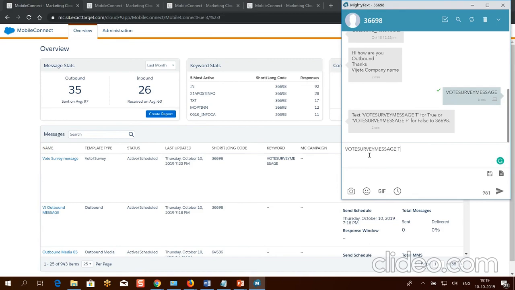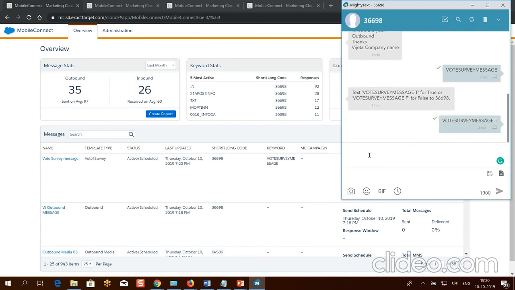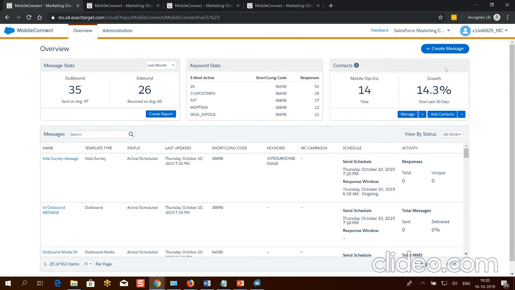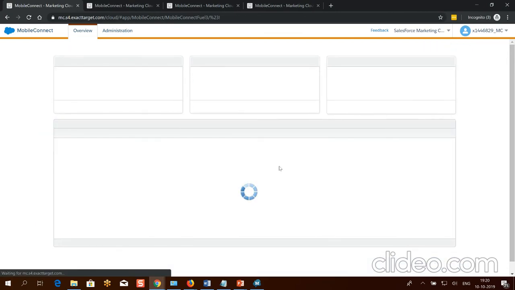I will say true. Whatever survey you are providing is true. I will get the answer: this is the correct answer. If I send F associated with this keyword, then I will get the answer: no, this is not the correct answer. You can play with some other surveys also according to your business requirement.